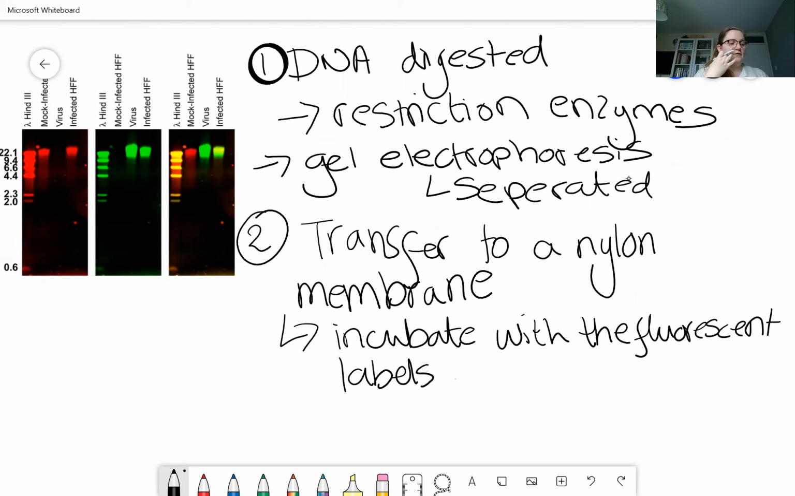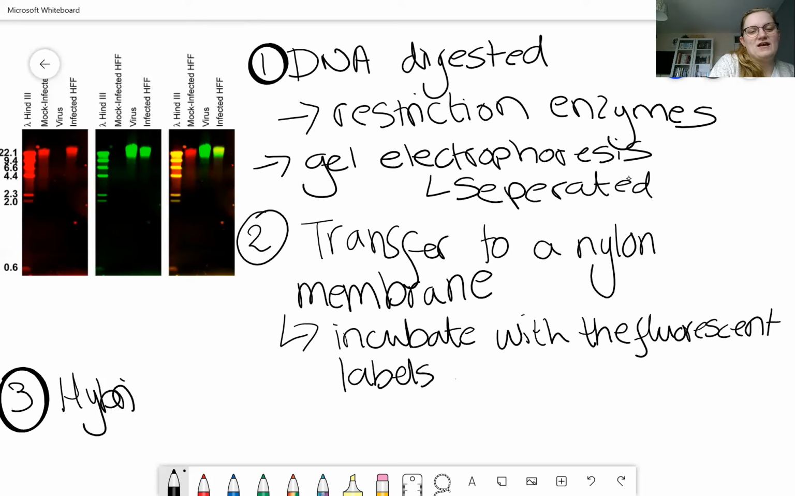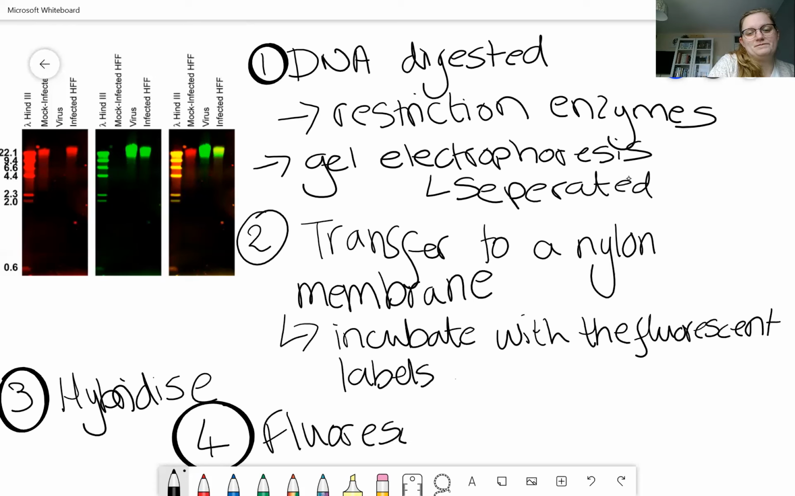Then, as we've already said, if the allele is present, it will hybridize and bind to it. So this is exactly the same as we said before. If the allele is present, we'll have a hybridization occurring. If we then expose that membrane, like we can see here on the image, to UV light, if the gene is present, there'll be a fluorescent band. So there'll be fluorescent bands